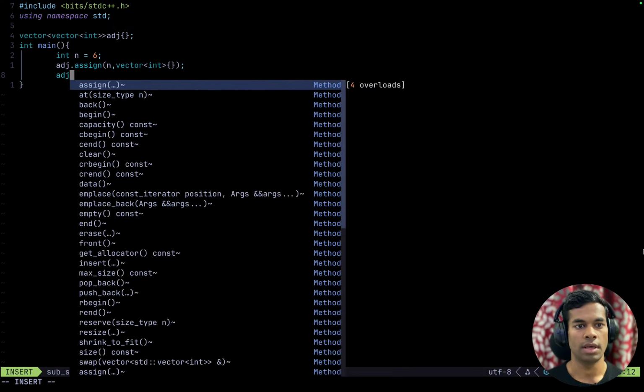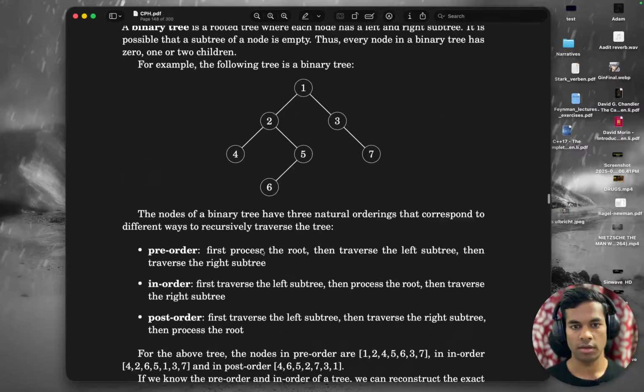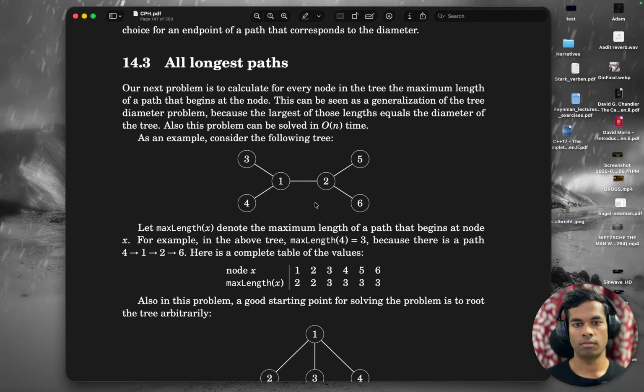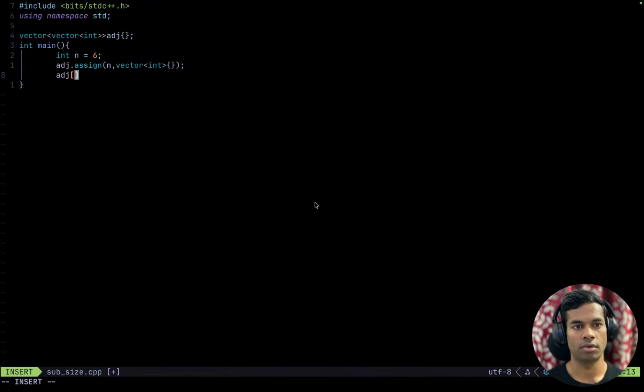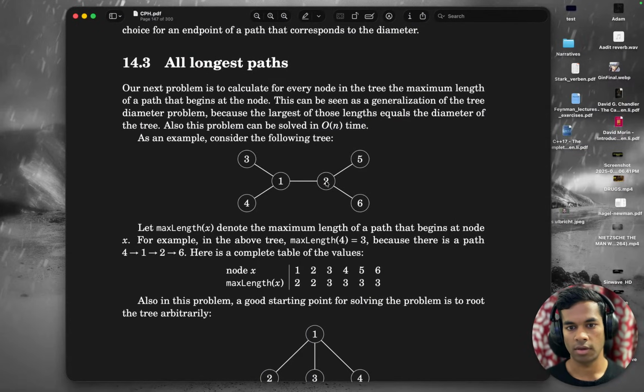adj bracket. How are things connected to each other in this tree? One is connected to 2, 3, and 4. One push back 2, 3, and 4, and also the opposite way: 2, 3, and 4 replace with 1, right? One connected to these, and okay, so we took care of these three things, and now